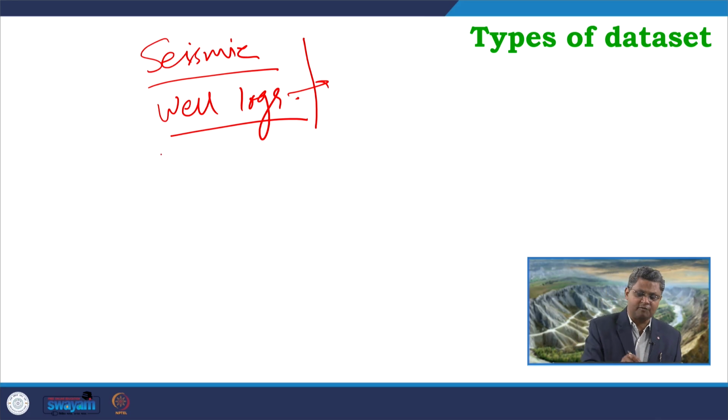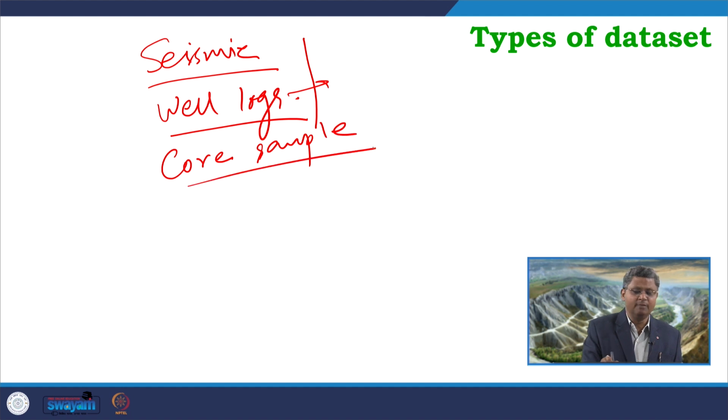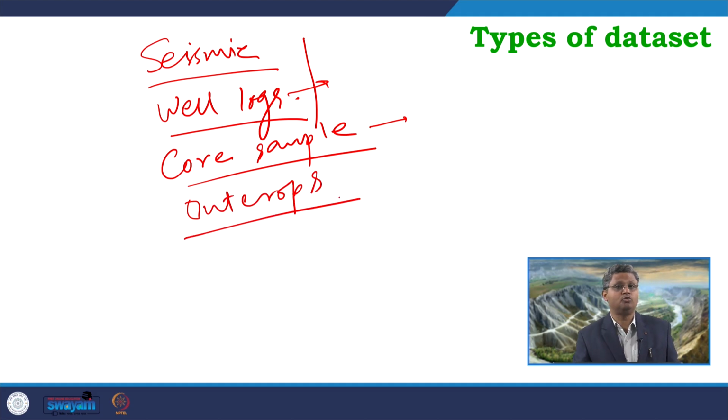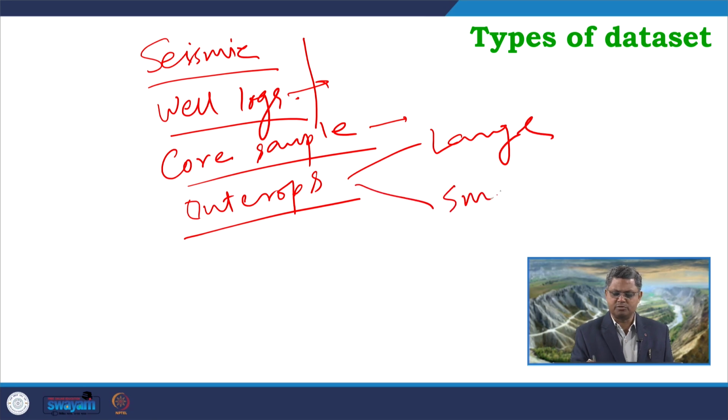Similarly, we can get data from core samples. Very often during this well logging, core samples are also recovered and that can be used for a reliable data source in sequence stratigraphy. Apart from this, we can also have some outcrops. This has no alternative, outcrops. So, rock successions present in the outcrops. There can be some large outcrops or there can be some small outcrops. So, they have their own advantages, disadvantages in terms of data input.